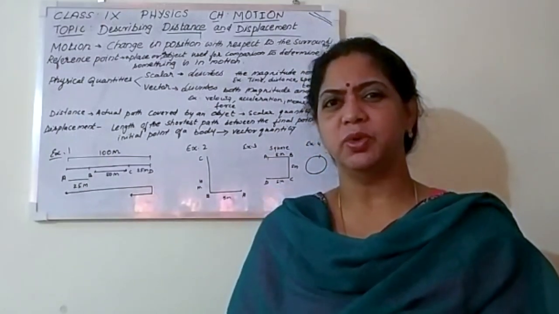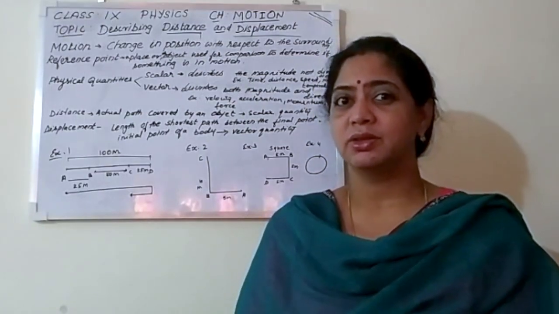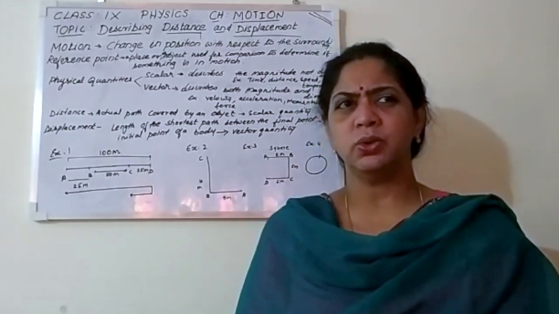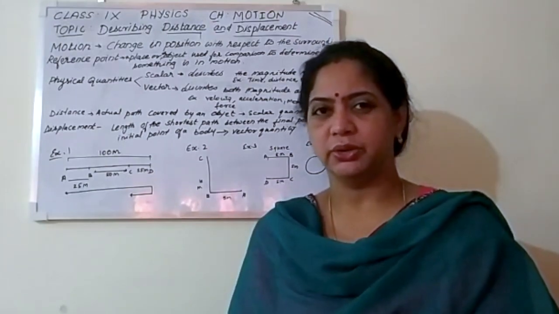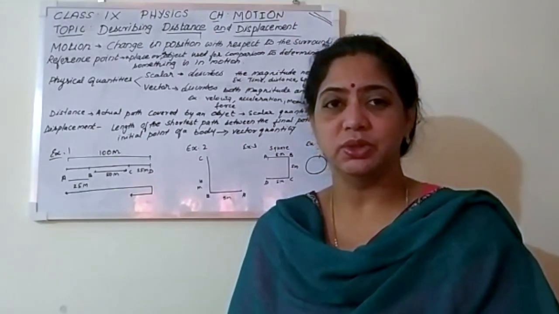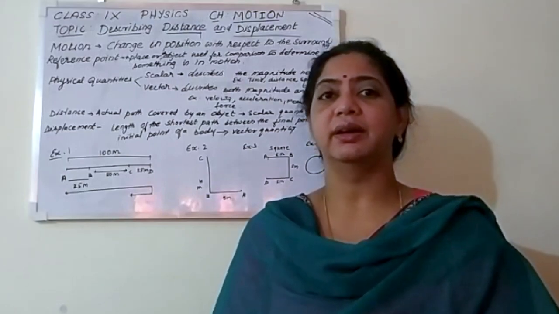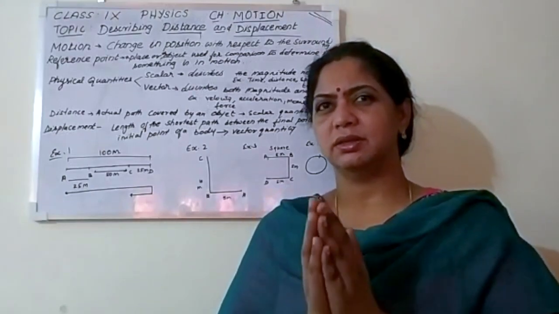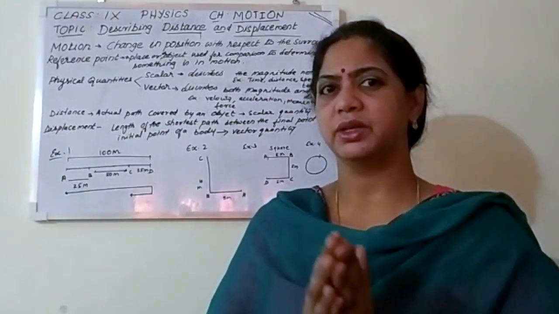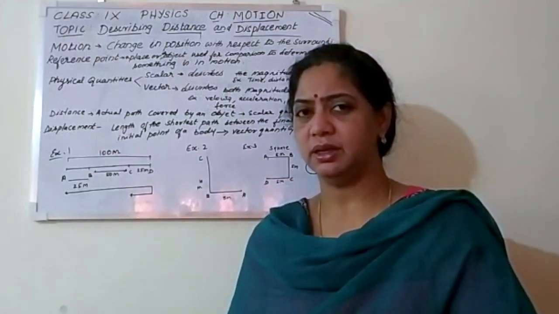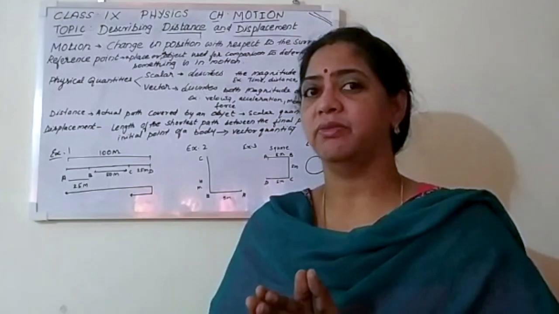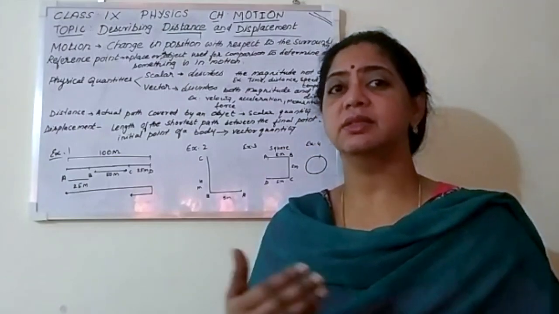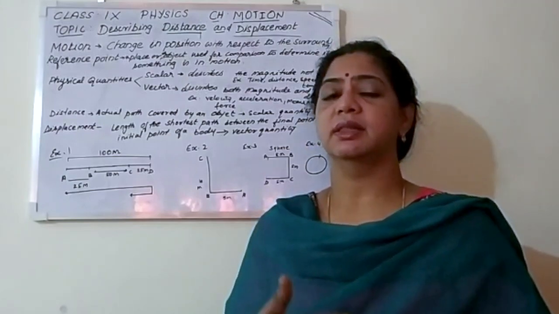So, how to describe motion? Motion means change in the position with respect to the surrounding, isn't it? Like atoms, molecules, galaxies, the entire universe is in motion, right? So, motion is nothing but change in the position with respect to surrounding. So, how to describe rest? When the object does not change its position with respect to the surrounding, then the object is said to